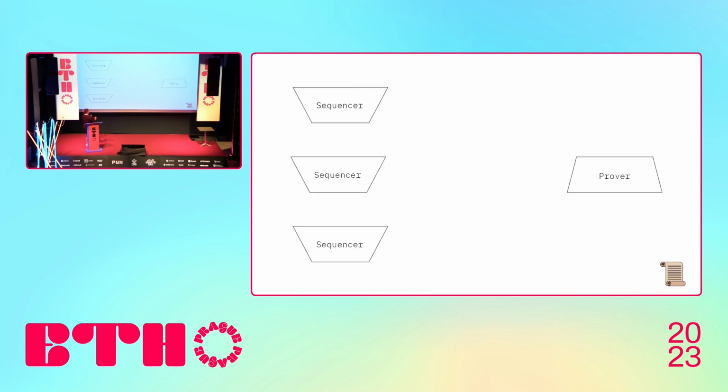So how it will work is, in this example, let's say we have 3 sequencers. They compute some blocks, each of them, and propagate the bids. The bid is comprised of the amount that they're willing to pay and the hash of the block. Because if they reveal the block, the prover can just steal that block. There's no disincentive from doing that. And so they propagate the bids with the hash of the block.